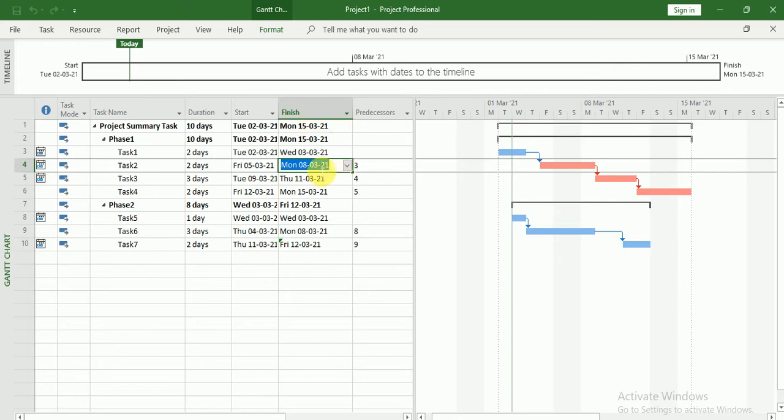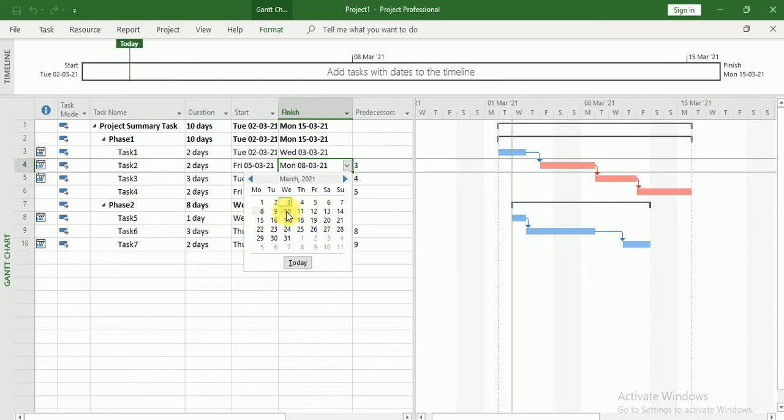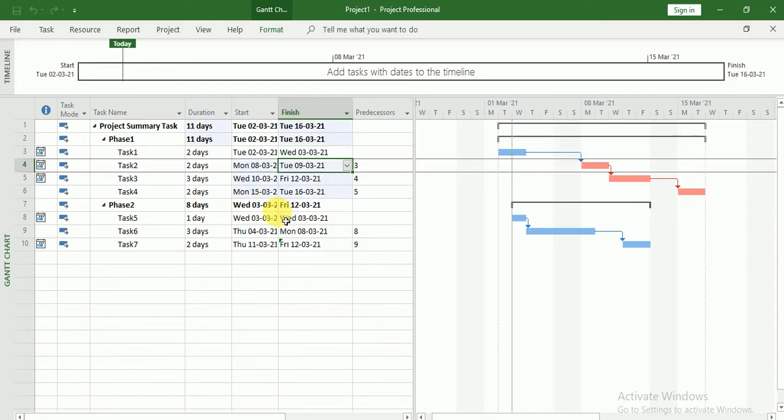So suppose I change this date from 8th to 9th, and look at my project finish date, the finish date has changed. Means if the task is going to be delayed and due to that your project finish date is going to change, the task is called a critical task.